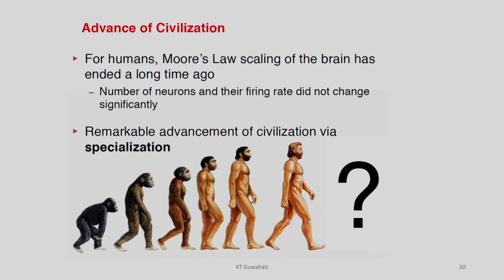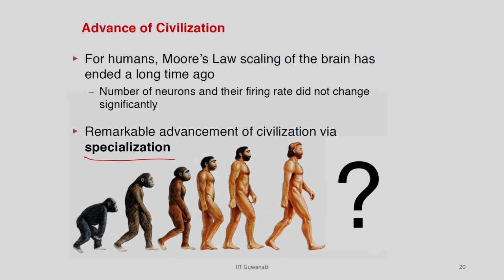If you look at human civilization, as the days progress we try to have specialization, right. The advancement of civilization happened through specialization. So, we have doctors, we have engineers, and within doctors we have various specialists, and in engineering also we have very specialized engineers, right. Somebody is electrical, somebody is computer science, somebody is mechanical, civil and so on. This specialization is what makes advancement happen, right.